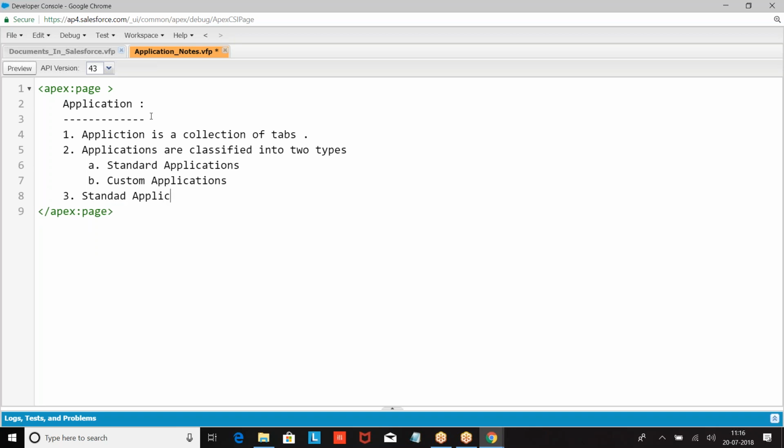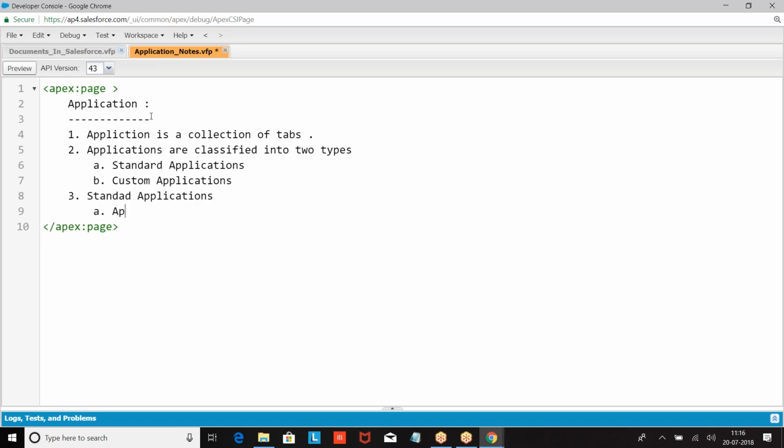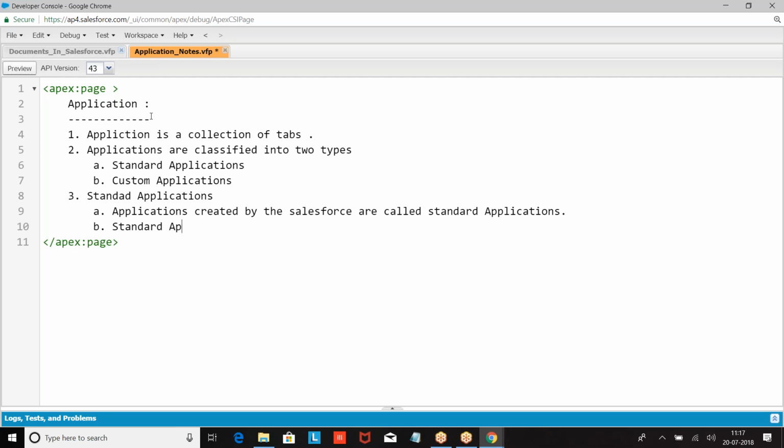Standard application: applications created by Salesforce are called standard applications. Standard applications cannot be deleted.